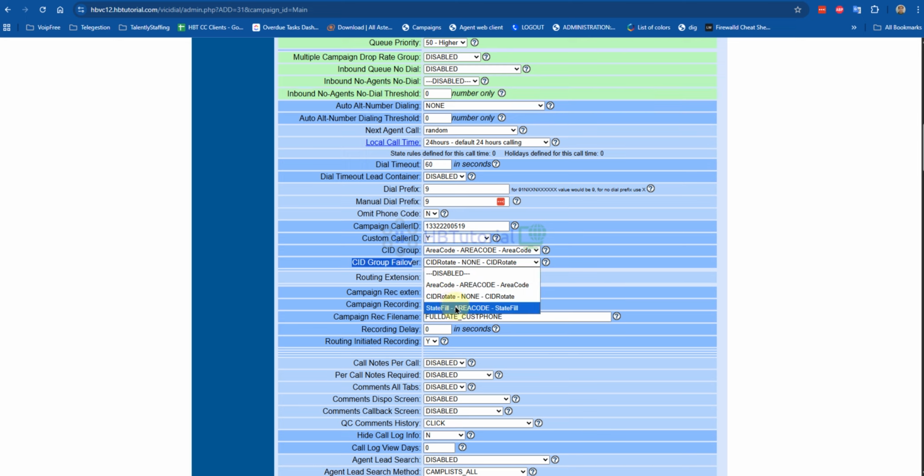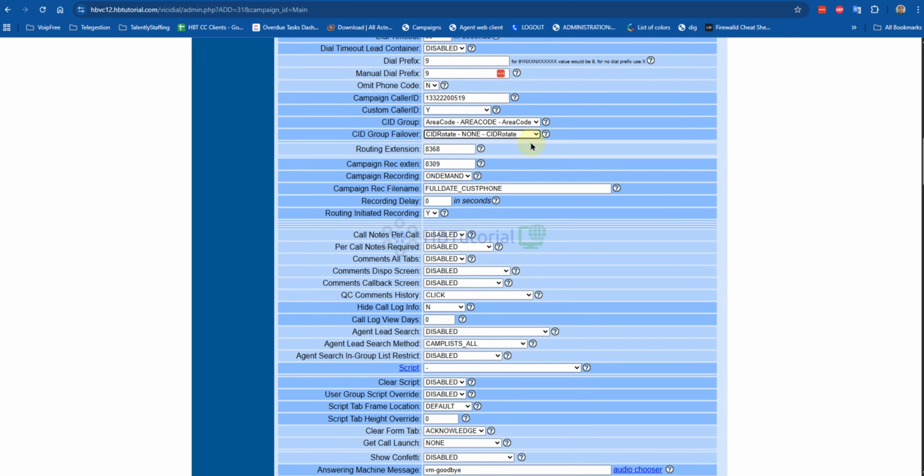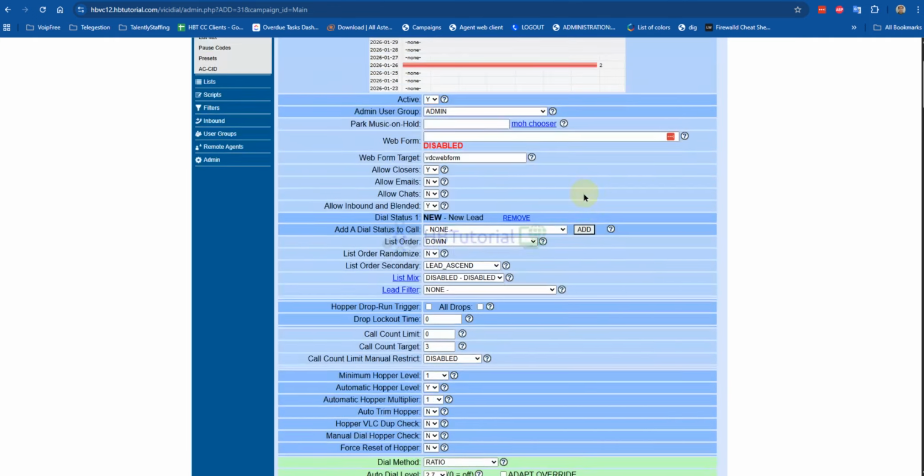Or you can put state field, but if you don't have an area code or DID in the nearest state, or in the other state, the call will still fail. But if you set this one, all the calls will use a random caller ID that has been set here.